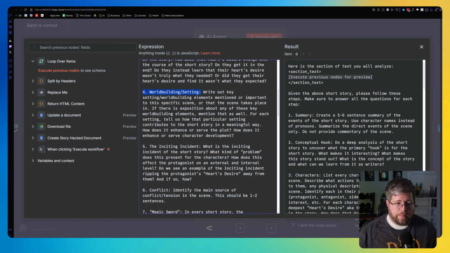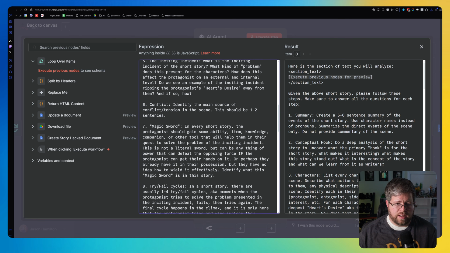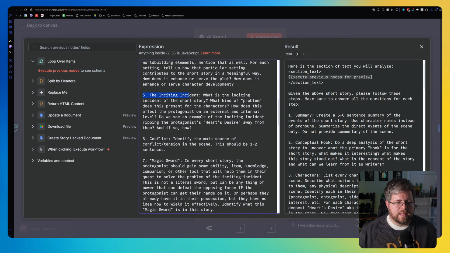Next comes world building and setting. Write out key setting or world building elements mentioned or important to the specific scene or that the scene takes place in, etc., etc. Then I have it analyze specific plot beats in the short story, including the inciting incident